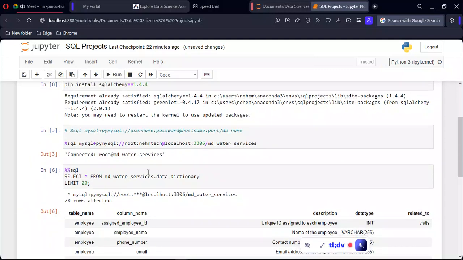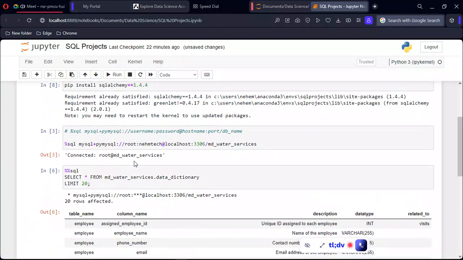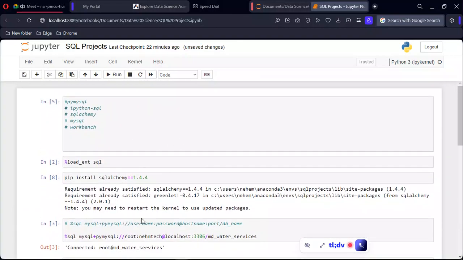Then when you run it, it will limit to 20 records. So you can see some statistics here. It says 20 rows affected, so it only returns the 20 rows. So this was just, by the way, to put on board those who had an issue, those who are asking